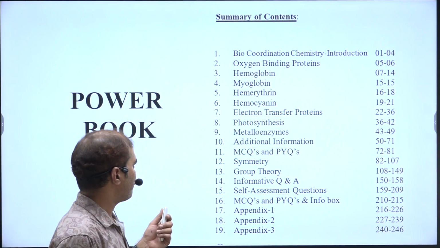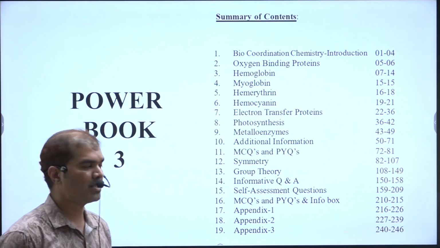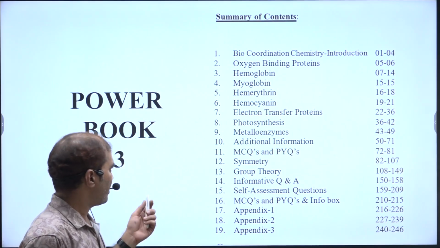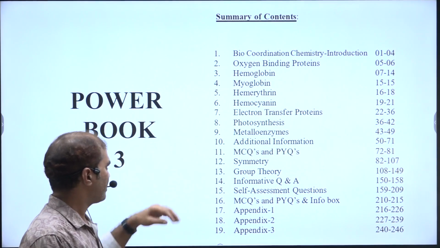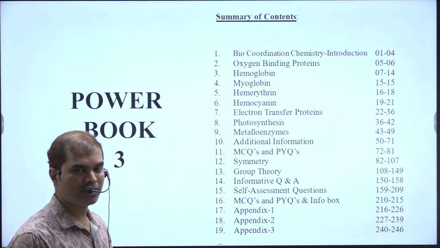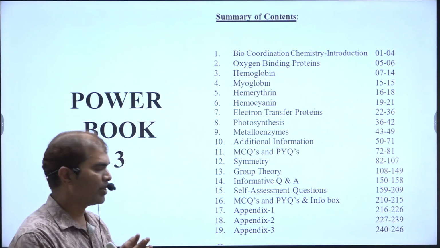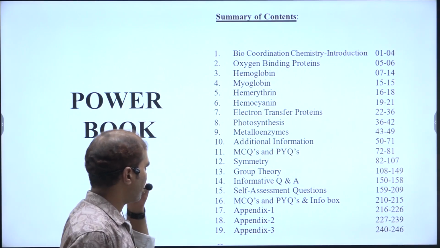After oxygen binding proteins, we have electron transfer proteins. In the electron transfer proteins, I have discussed about ferredoxins, cupredoxins and cytochromes, followed by photosynthesis. So in photosynthesis also we will be getting some important questions. After photosynthesis, I have discussed about a few metalloenzymes,